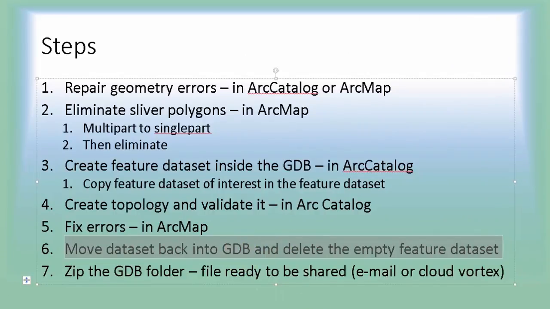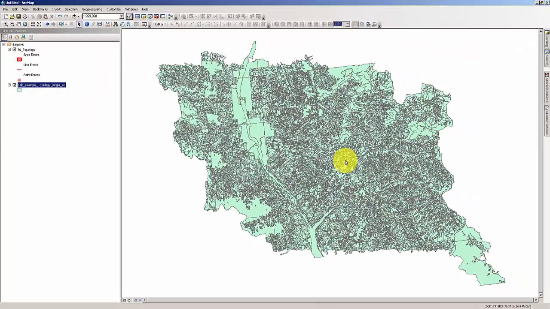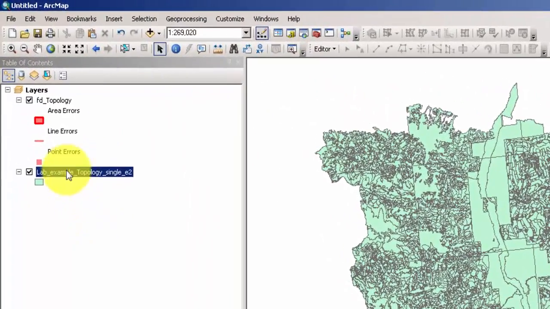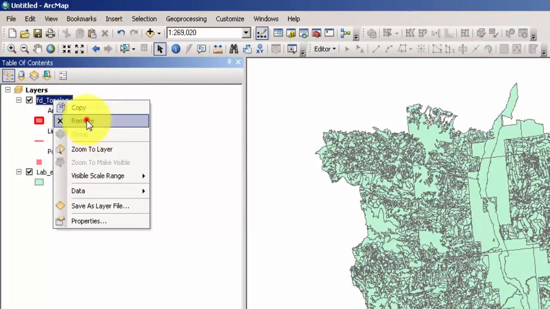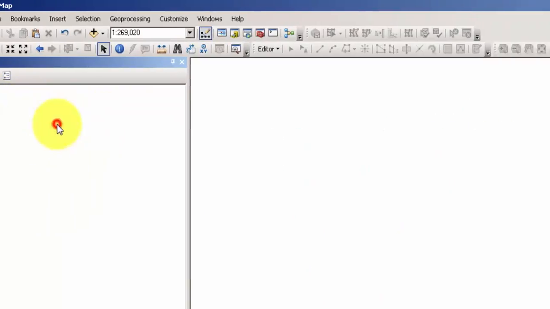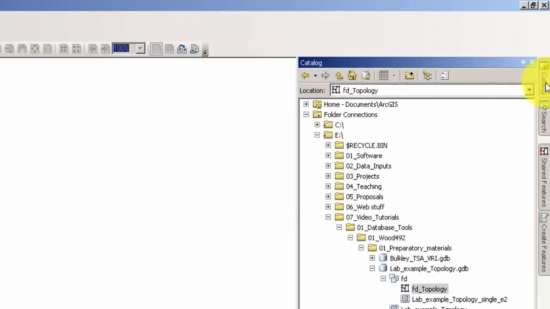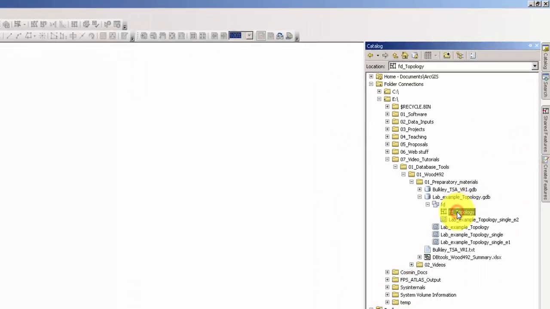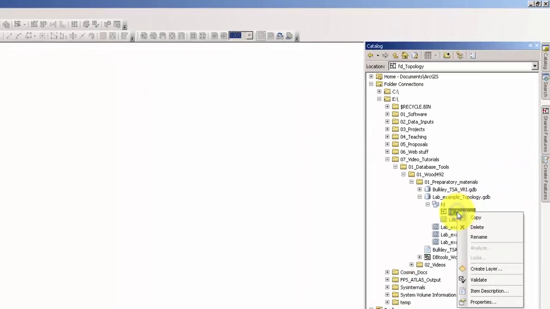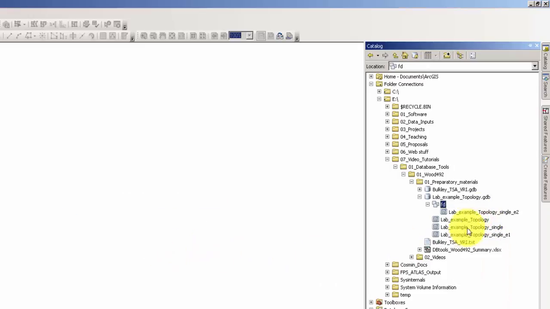You can do this in ArcMap or ArcCatalog. I'll show you how to do it in ArcMap. Once you're done editing, you can simply remove the topology and the database from the layers window. Go to the ArcCatalog, select the topology, right click on it and say delete, and click yes. Now you can drag back the lab example topology single E2 into the topology geodatabase,